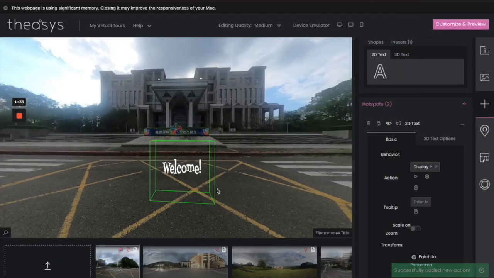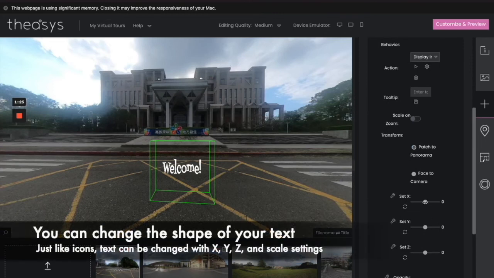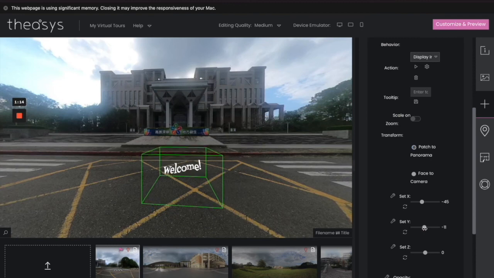So we're good. Now we're going to go ahead then and edit this text just a little bit here to let you see what you can do. So just like our other icons, you can alternate and make the text 3D. This is really fun if you're adding things to, say, a table or maybe on the wall of a building and you want it to look like a poster. That's no problem at all with this kind of stuff. So go ahead and do that. Let's go ahead and do this.